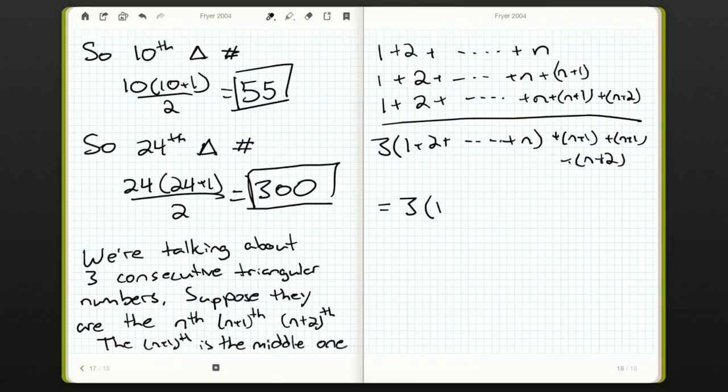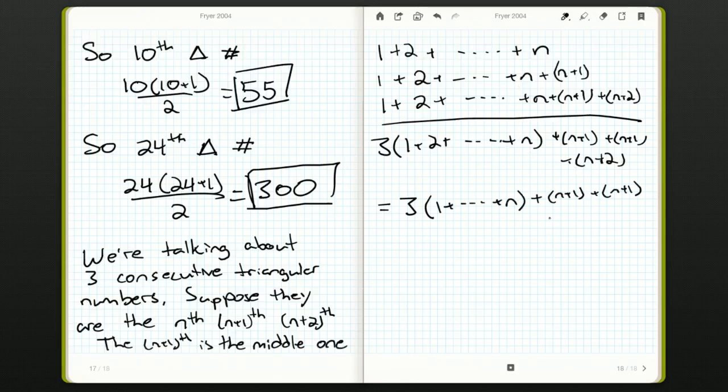So we want to get 3 times the sum of 1 up to n plus 1. Now we have 3 times the sum of 1 up to n. And we could say that this is n plus 1 plus n plus 1. Now this n plus 2, he's